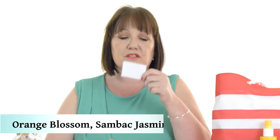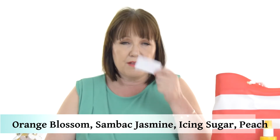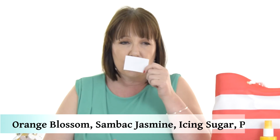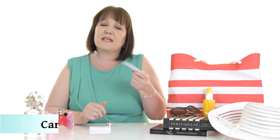And then the heart notes of this one, you've got orange blossom absolute, Sambac jasmine absolute, and then you've got icing sugar and also peach. So the icing sugar makes it quite sweet, but those citruses as they come in just blend really well, so it's not really sweet. And in the base notes of this one,